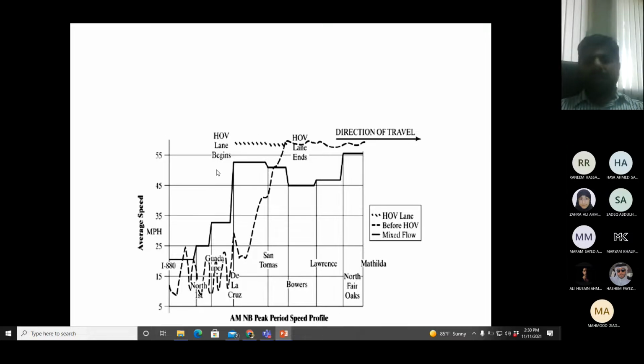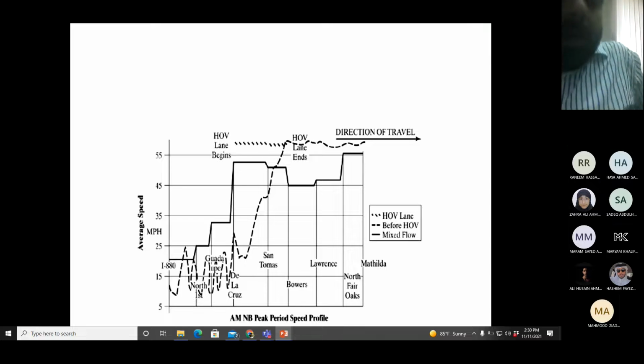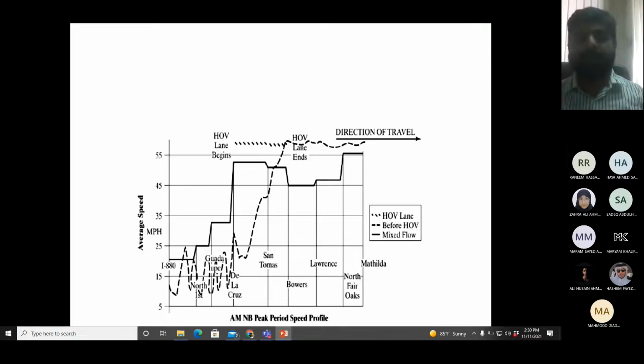Another way of using the travel time data is to plot speed on the y-axis and distance on the x-axis. This can help you find out the effectiveness of different measures or improvements on the road. If you have made any improvement on the road, whether it is effective or not can be judged using a speed and distance diagram. You did a travel time study, calculated the speed, and then plotted speed versus distance, where distance means the segments.